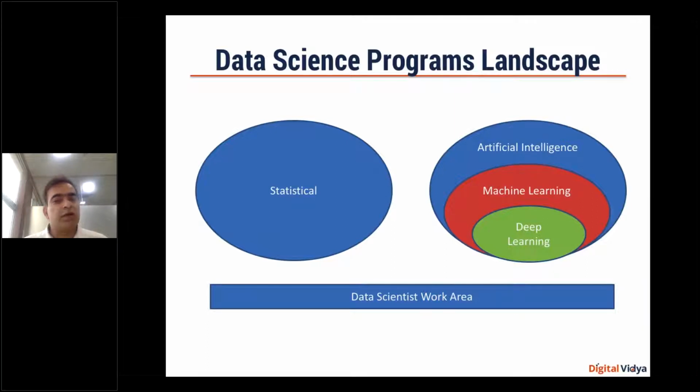So most of the work, if you look at what data scientists are involved in, is there on the screen, right? And every work requires a different set of tools. It's not that if you specialize in a particular one, you're able to solve all kinds of problems, right? I would say most of the problems on the right hand side of the screen would involve a good amount of programming skills.